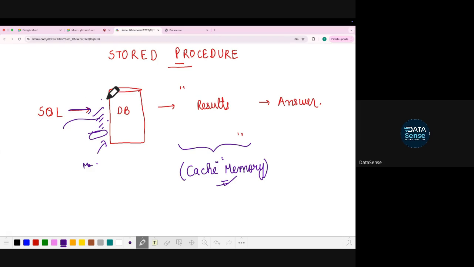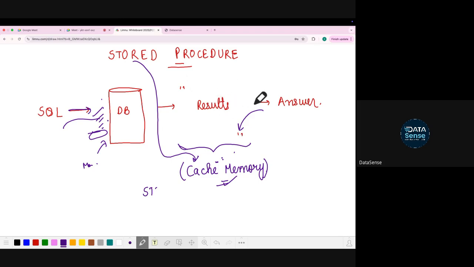This process becomes tedious because you are setting up things every time, right? So a better way is that when you have the same structured thing, it's better to start using the cache memory. If you have executed something like that previously, you can get that information from there. And there comes the concept of stored procedures. By stored, it means whatever you write gets stored in cache memory. And procedure just means whatever command you write is called a procedure.